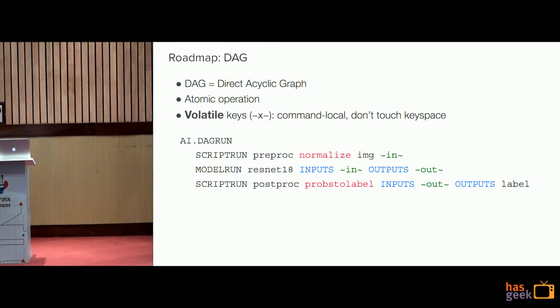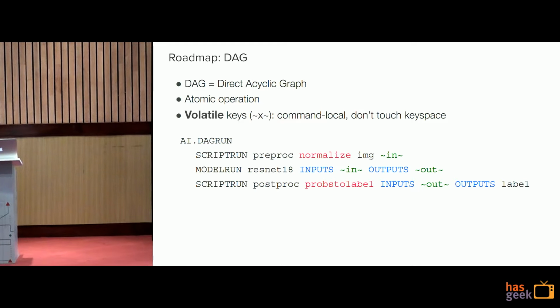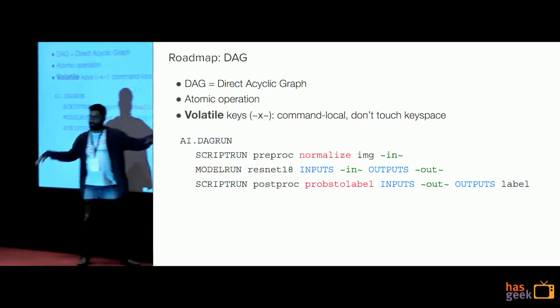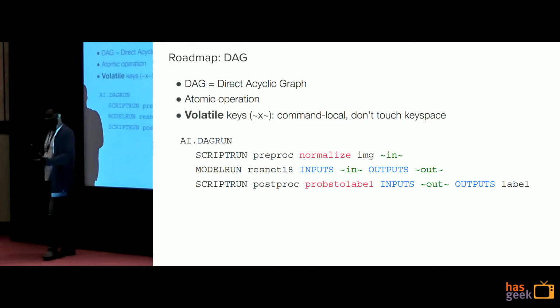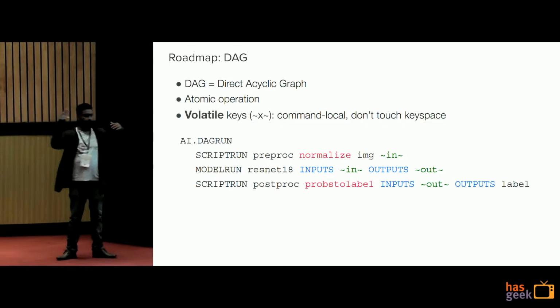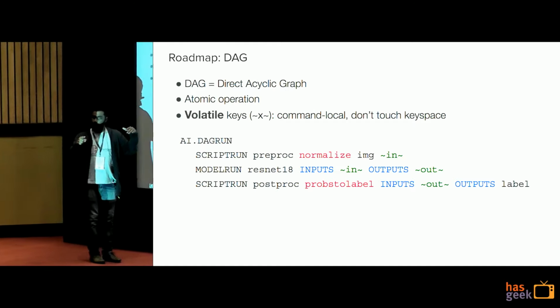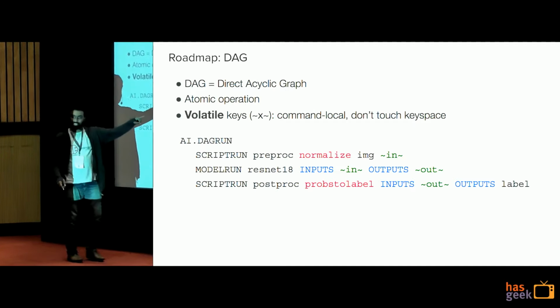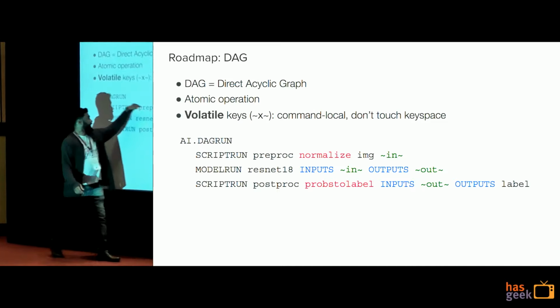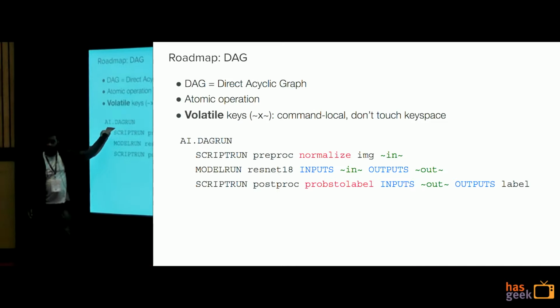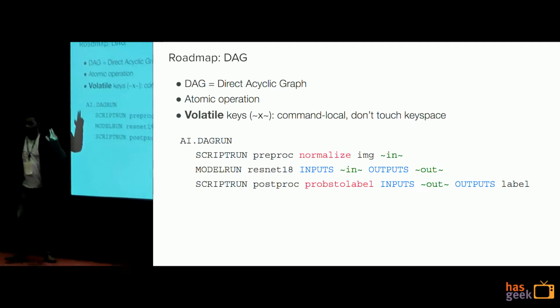But with DAG, instead of saving anything to a key, you save that to a volatile key. So this is basically wings, which we are saying that it's volatile, it's gonna fly. So you're gonna save that to a volatile key, then you can use that key in your next command, but it has to be inside your DAG scope. Right? So after the DAG scope, that key is not valid.